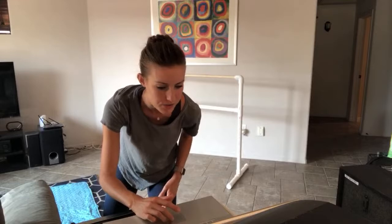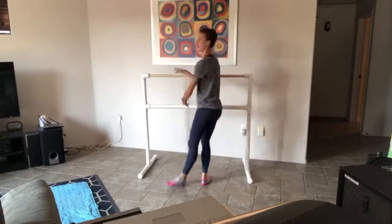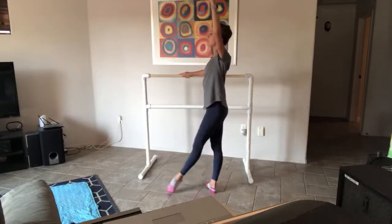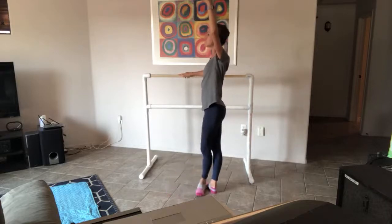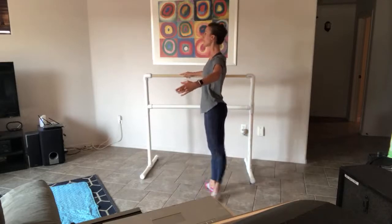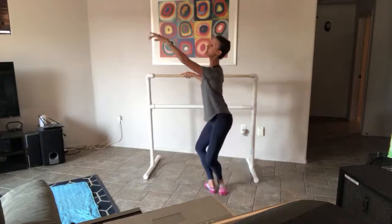To a tendu from fifth. So we'll use our arms this time, and we'll have tendu and straight, tendu, plie, and out, and in, and two, quit. To the side, we change, out, plie, out, in, and in, and into the back, straight, back, plie,